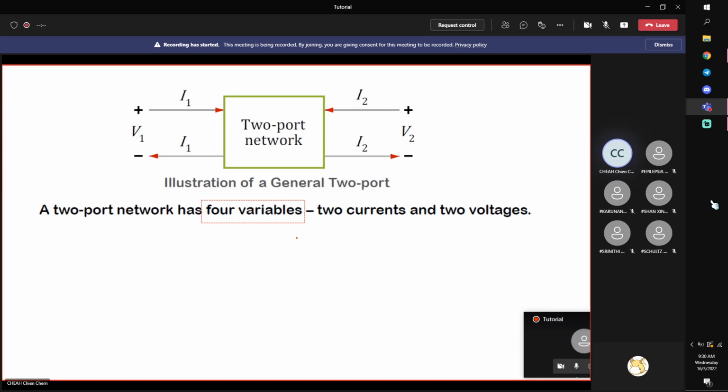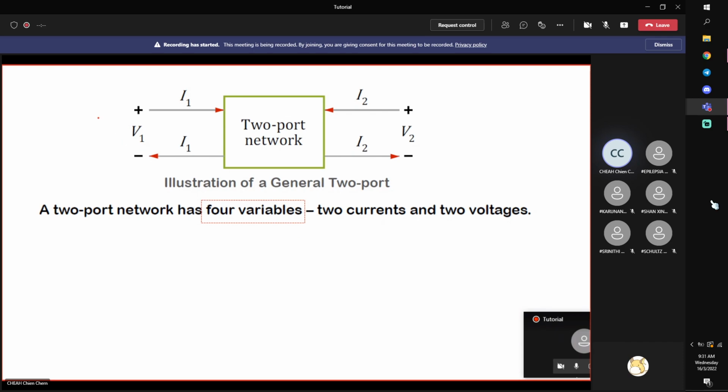Okay, good morning class. So today will be new topics, right? Two-port networks. Basically, you have seen several two-port networks previously in the tutorial problems. It's just that this is not modeled as a two-port network. A two-port network is basically a way of modeling circuits using 4 variables, and you can see in these circuits